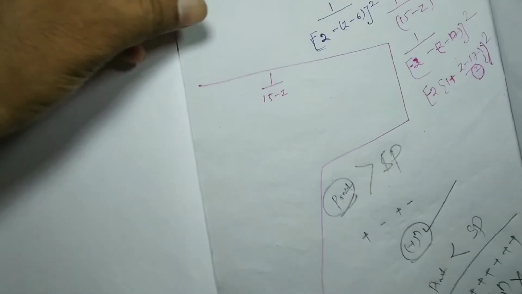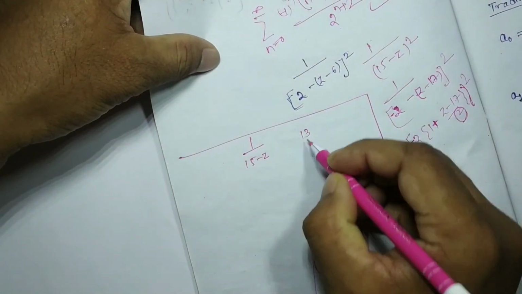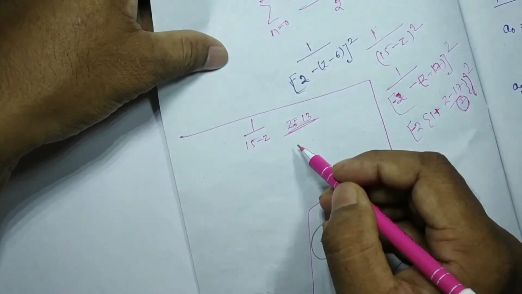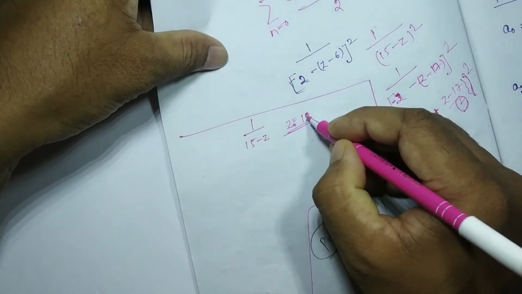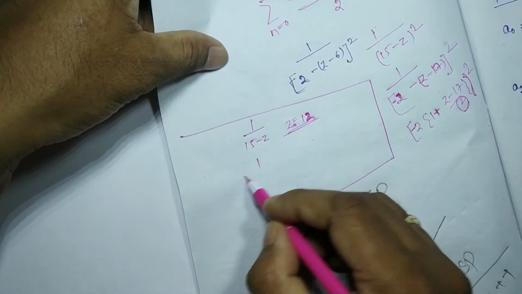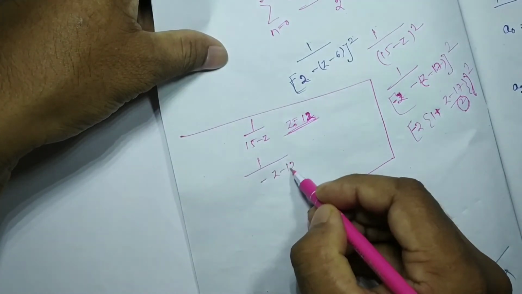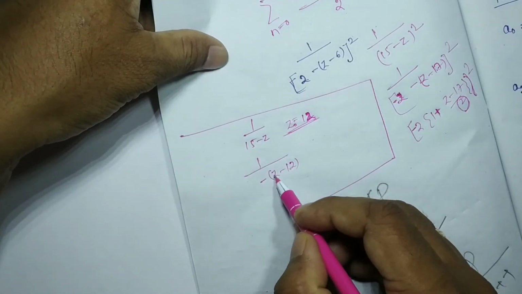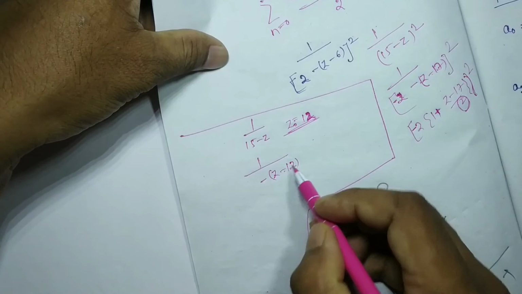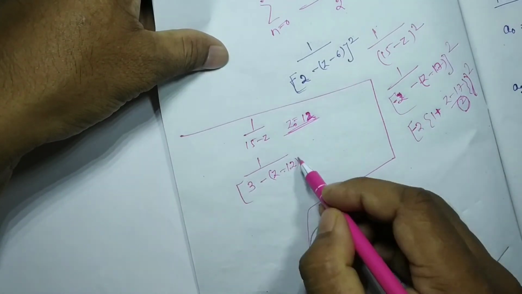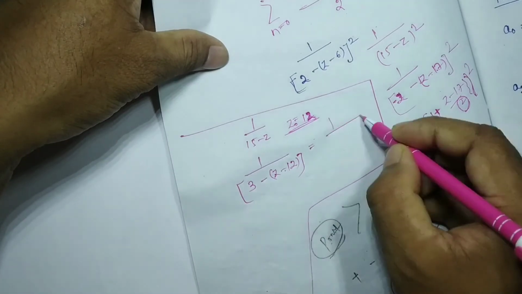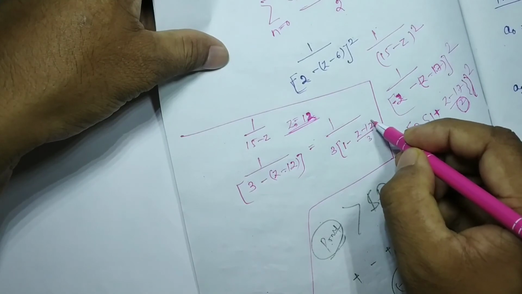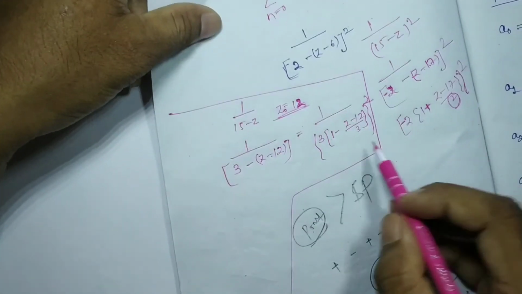So now if we are going to consider a point which is less than 15, then what will be the answer? So z equal to 13. Suppose you consider 12. 12 is your z0. So what we are going to write? Minus (z minus 12), right? So what we have to write here, then it will give you the 15. See, minus z plus 12. Plus 12 means here plus 3 if you are going to write. So it will give you the 15. So 1 by 3 take common. So it will be 1 minus (z minus 12) by 3, whole square. So this is in the form of 1 minus z.